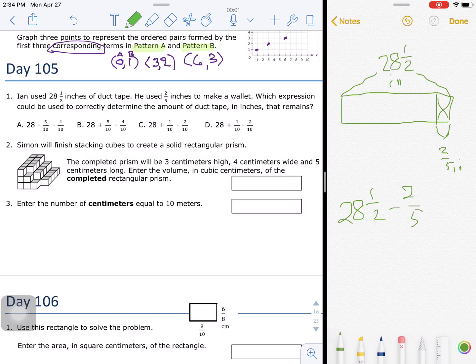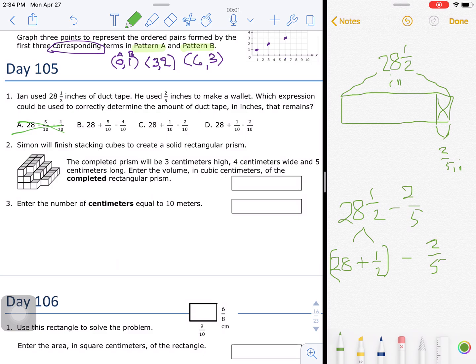So what does this mean when I have 2.5? Well, if I decompose that, or use the distributive property, it's 2 plus 1/2. Okay? And I want to think of those as being together. And what I am doing to those is I'm taking 2/5 from that. So I can look at this and say, well, it can't be A because I'm not taking both 5/10